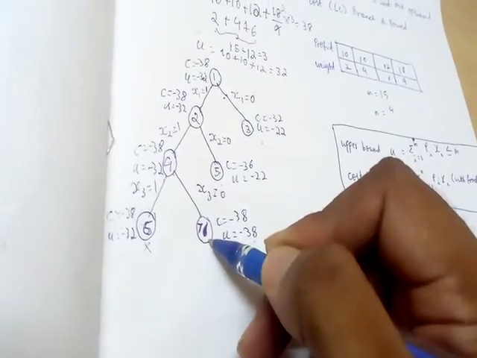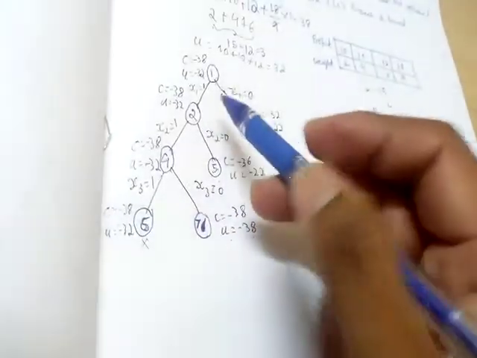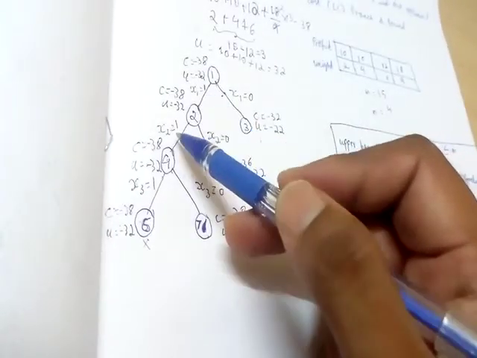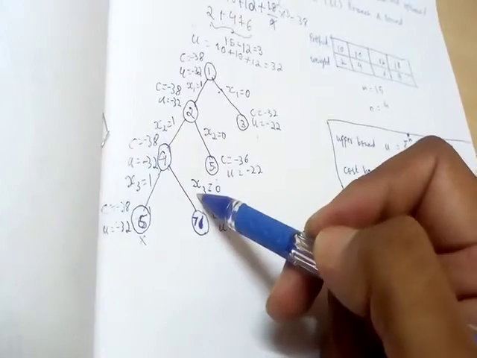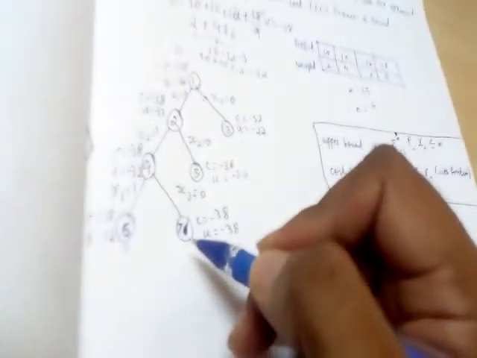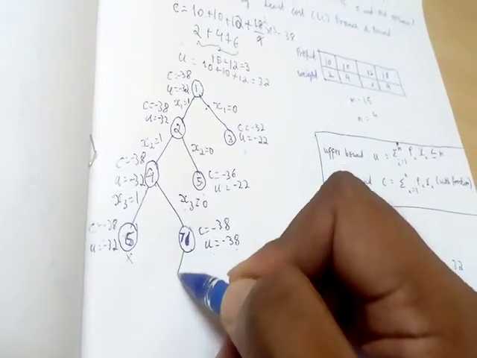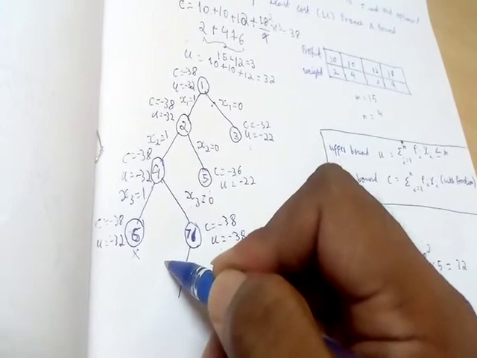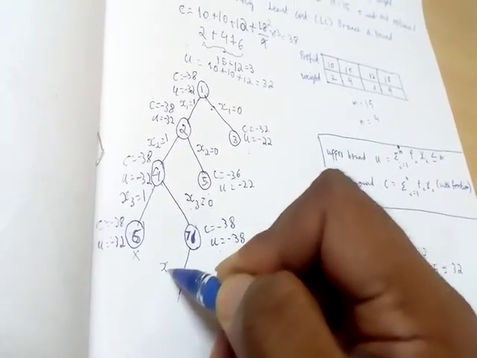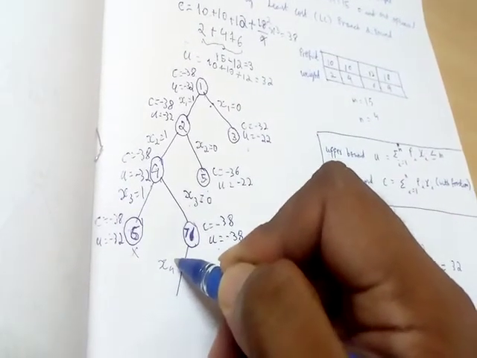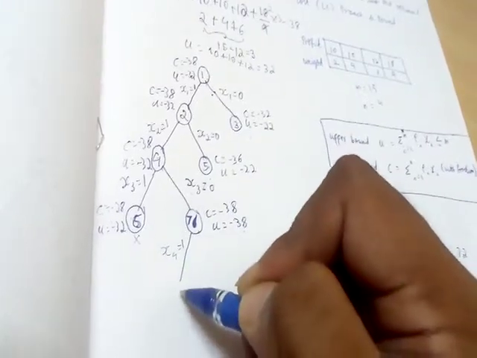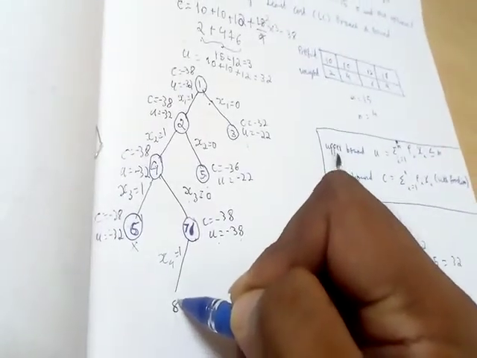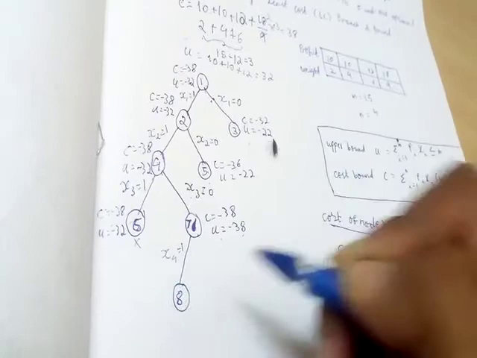When I continue with the 7th node, I have considered the scenario where I have added the first item, the second item, and I have not added the third item. So there will be two scenarios. The first scenario will be where I add the fourth item. When I add the fourth item, this scenario will be represented by node 8.